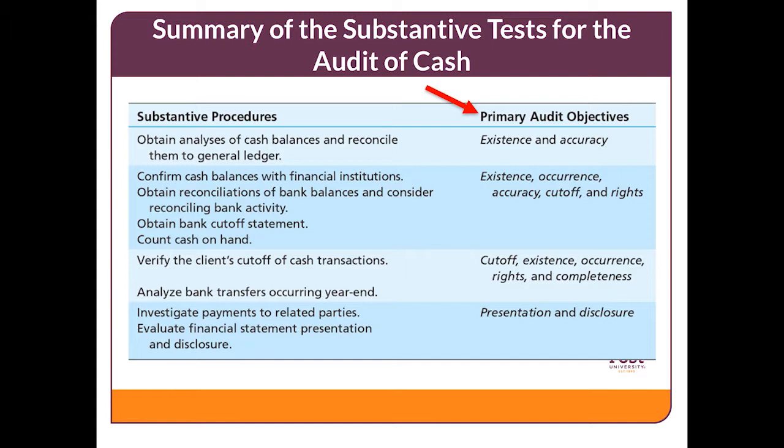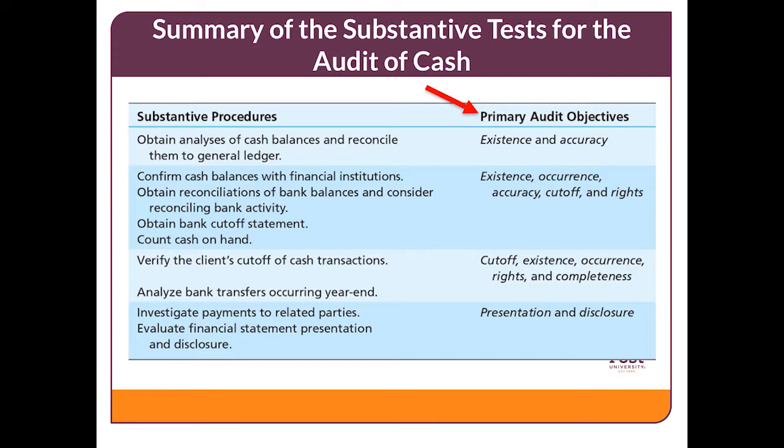We need to determine that the balance in the cash account is real, it exists, it's complete, we got everything, transactions occurred, were accurate, we have the right to the cash. We achieved a proper cutoff for December 31st client. We make sure January transactions are not part of cash. Cash is presented properly, current asset on the balance sheet, and that appropriate disclosures about cash have been made in